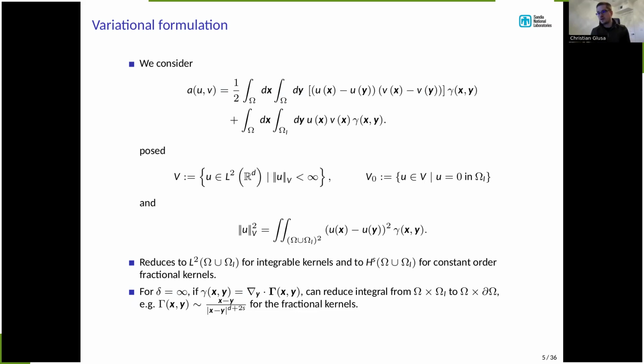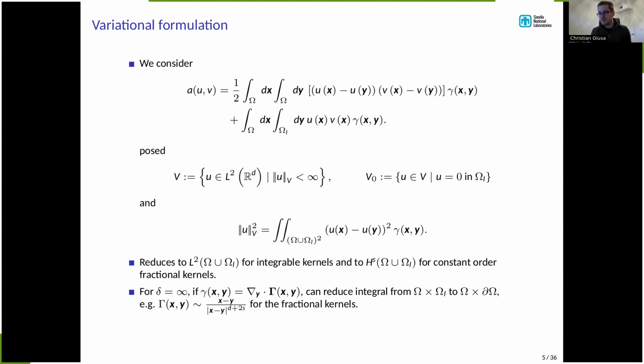This will be posed on the associated energy space, where the energy norm is defined in the center of the slide, again via a double integral with respect to the kernel function. And what this energy space really boils down to is either an L2 space on a domain for integrable kernels, or a fractional type Sobolev space. The case where the fractional order varies in space is a bit more interesting, because you can't just reduce it to one of these two cases, but it's an interesting looking variant of